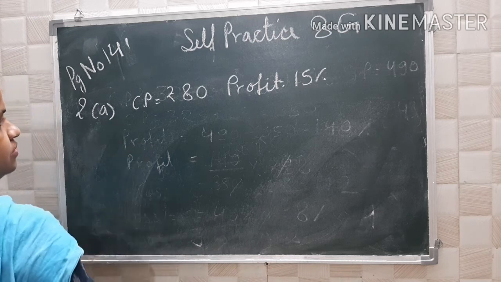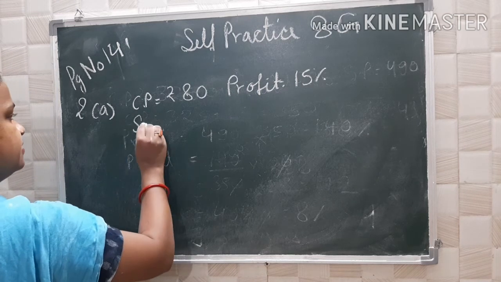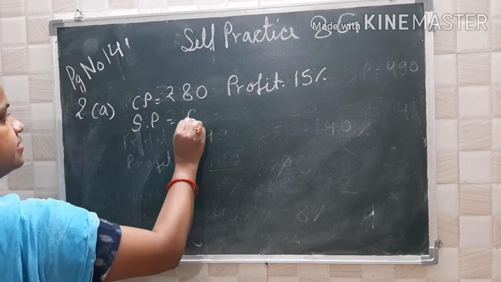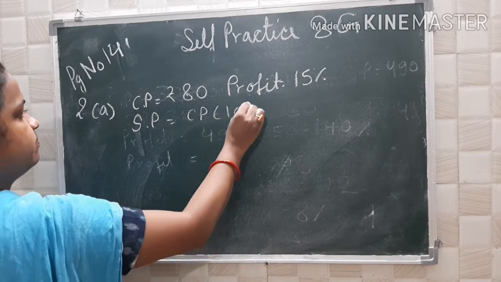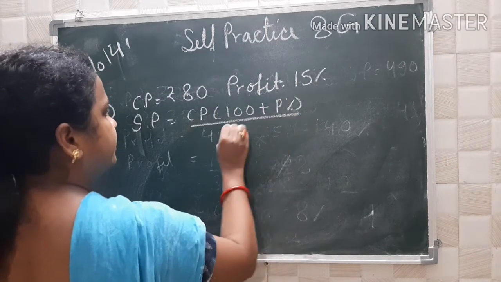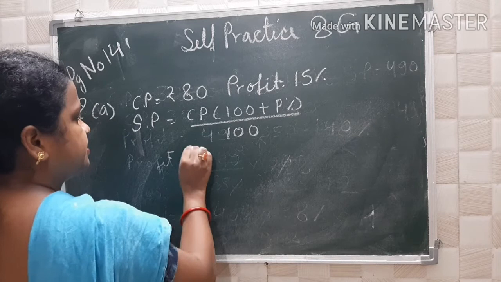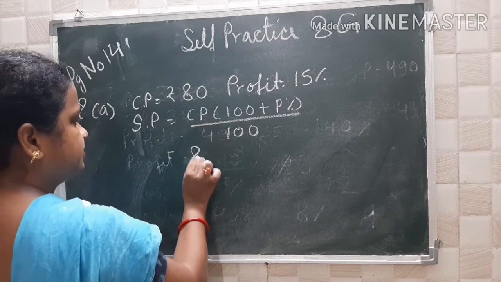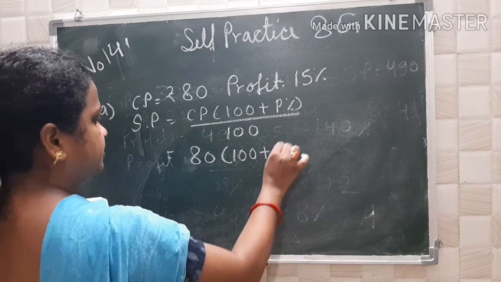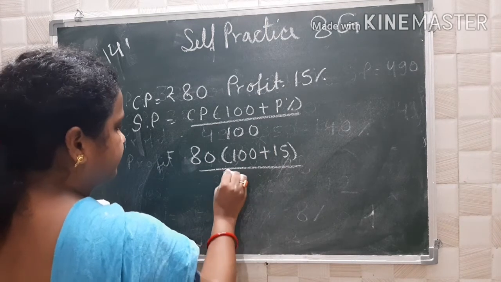So SP is equal to CP into (100 plus profit percent) upon 100,